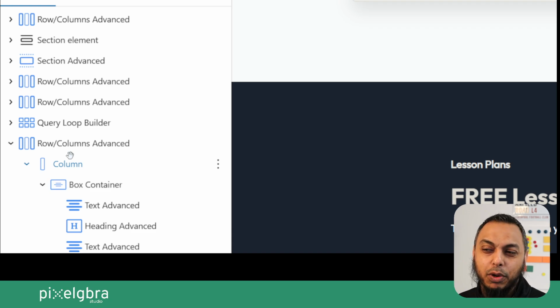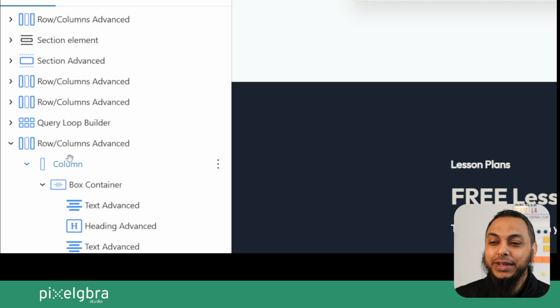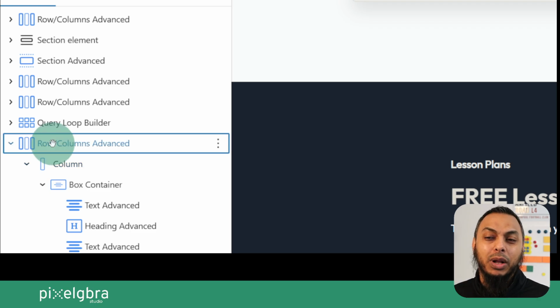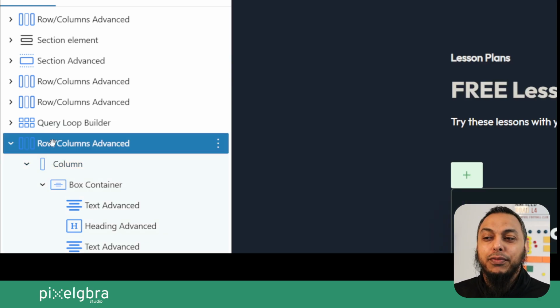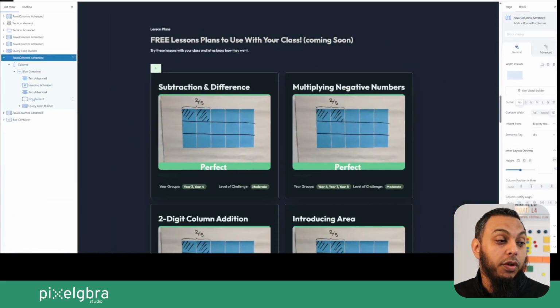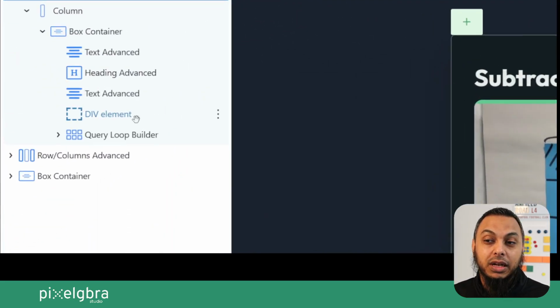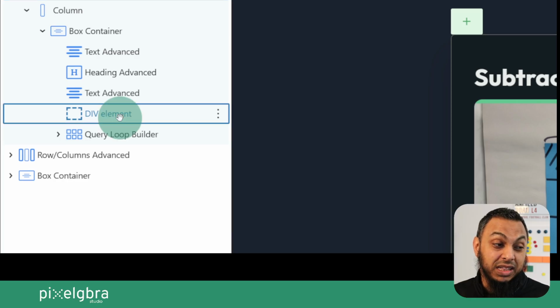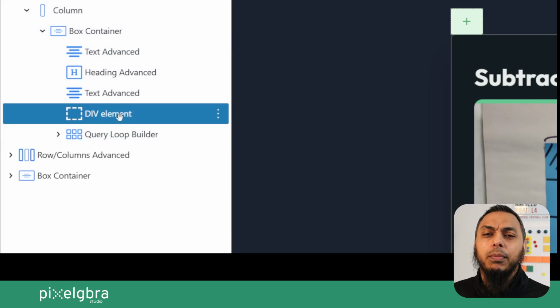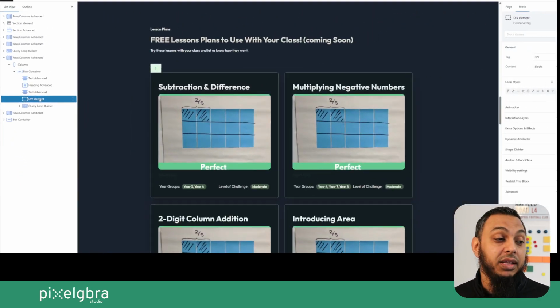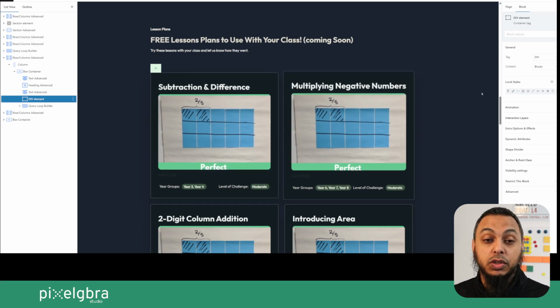When I say mixed blocks, if you're used to Greenshift, you know all the debate regarding the more classic, more user-friendly, you might say, blocks like the row column blocks, which are in blue, and the slightly newer, I would say, element blocks, like the div element here, which are more developer focused, as some say. But what I really like about this, and I might do a video on the difference between the two, is